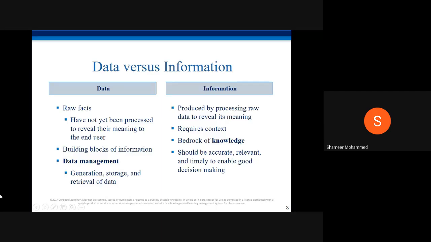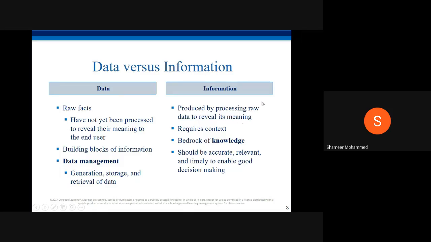Okay. So data management. You have to generate the data, store the data, get the data. This is the work involved in the management of data. If you want to manage the data, you have to generate it, store it somewhere in the memory card or in the hard disk or in the cloud, anywhere, and then you get that data. These are the work which is known as management.